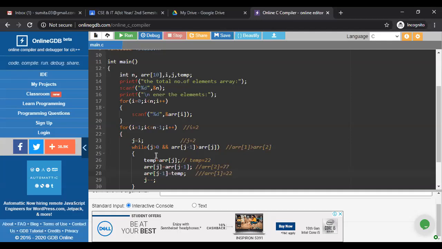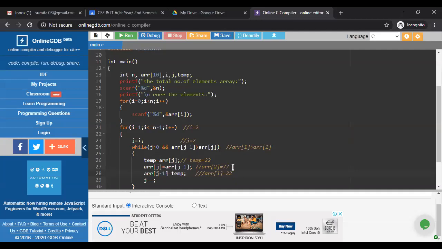Again, J is executed for J equal to 1 also. Because see, when I'm entering 22, there is a comparison of 22 with 77 and 22 with 44 also.